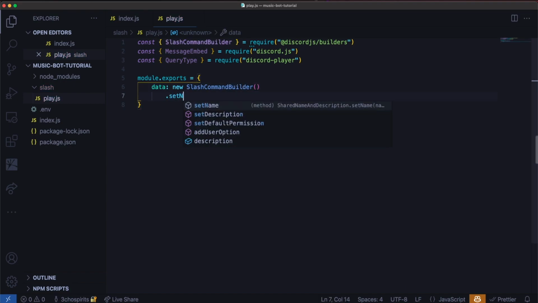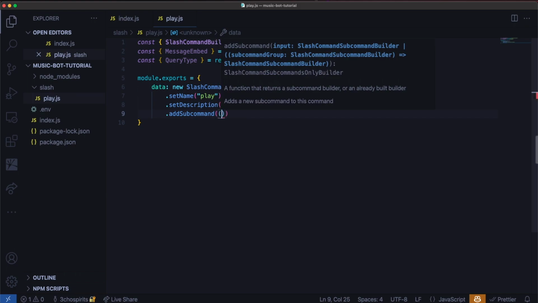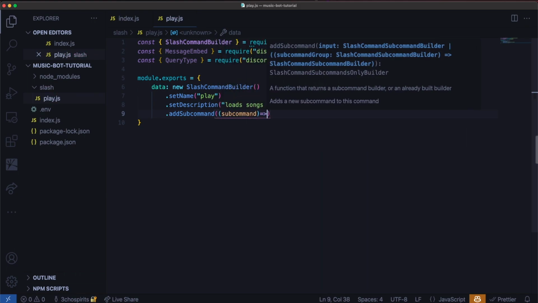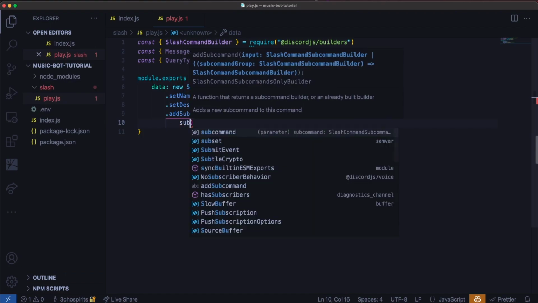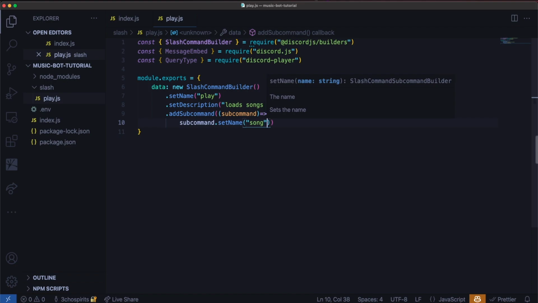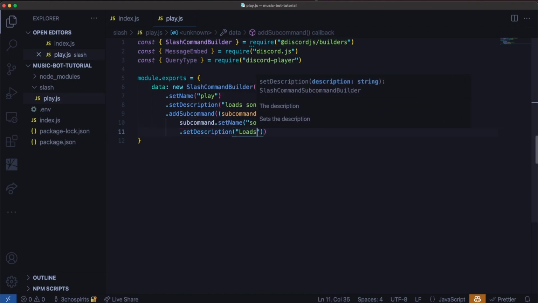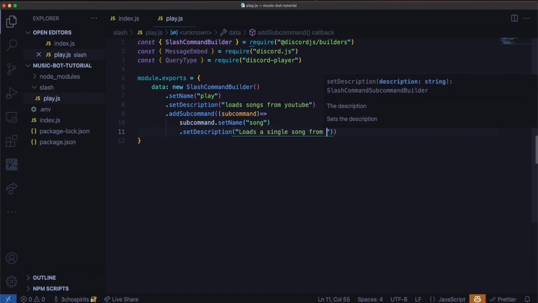We'll set the name of the command to be play. We will set the description to be loads songs from YouTube, and we'll add a subcommand, and in the subcommand we will set the name to be song. So this is going to load a singular song. I'm going to set the description to be loads a single song from a URL,